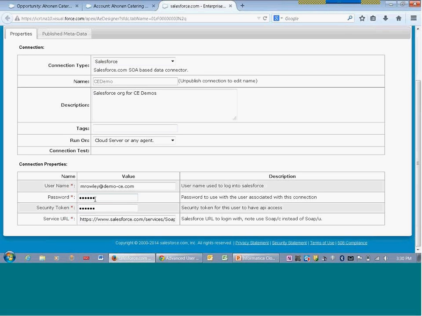So I hope it's useful. Of course, we'd be happy to help you dig in and talk about other ways. You can get to any objects in that org. It's not just limited to cases. You can get to any custom objects as well as standard objects in that other org. You can do read-only, or you can do read-write with updates. You can direct the user to take